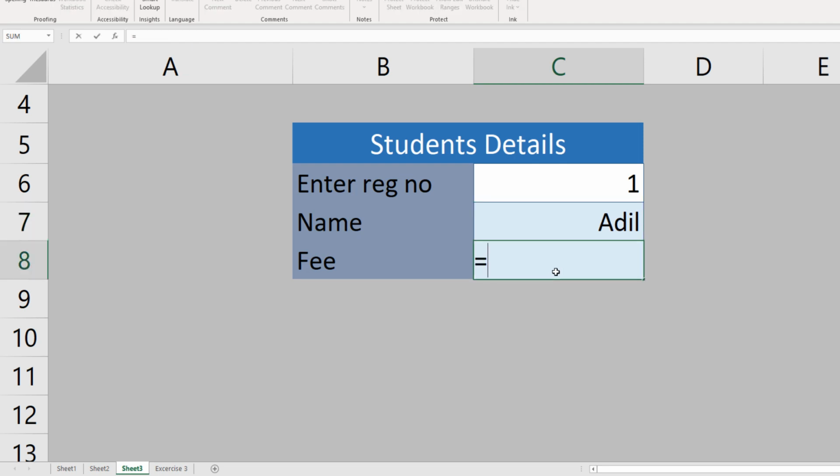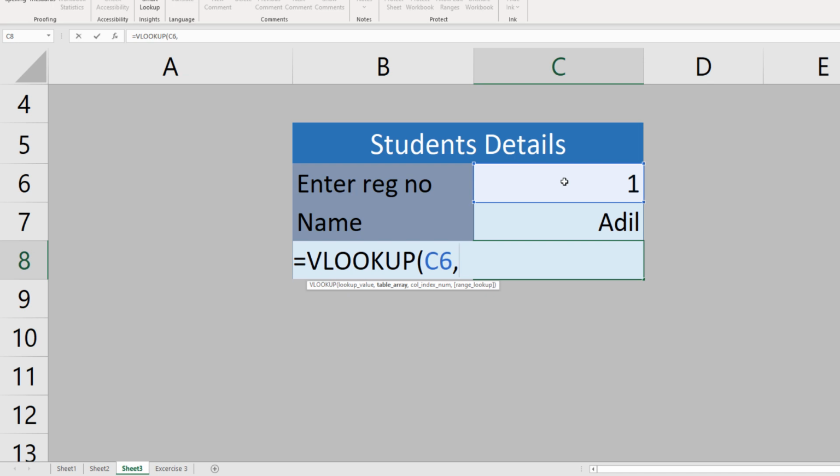Similarly, we can apply the VLOOKUP function for the second cell, looking for what? Looking for the registration number. Where? In the fees table. And which column do we get the data from?